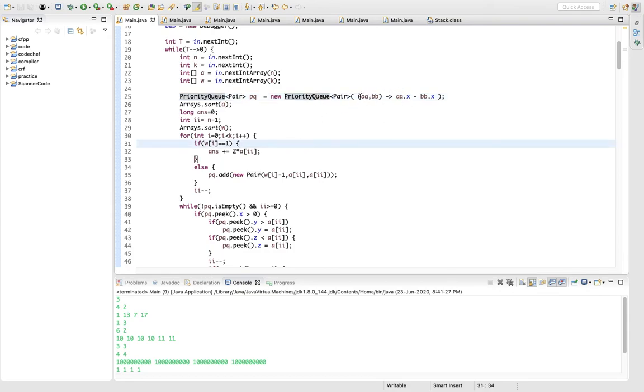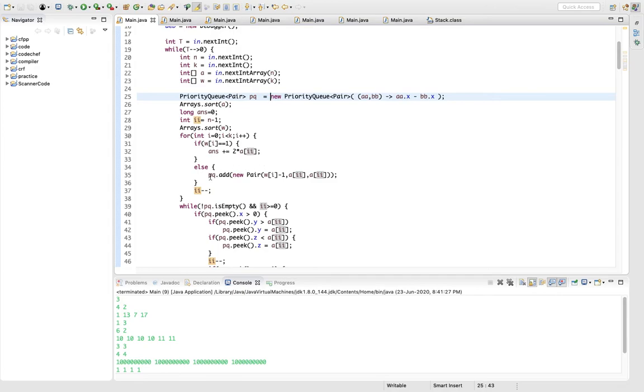And I have sorted this priority queue on the basis of the number of chocolates. So it will poll the element which has the least required chocolates first, and then I have sorted both the arrays, and I have given the last k elements, i is from n minus 1,